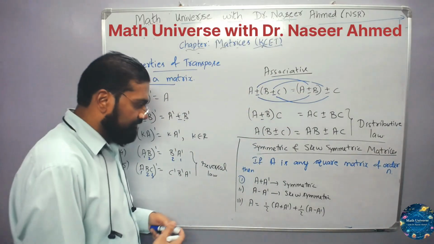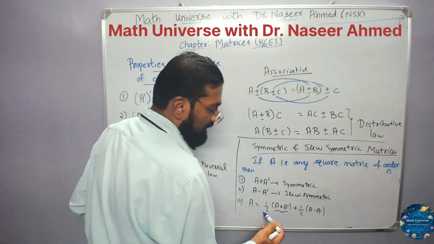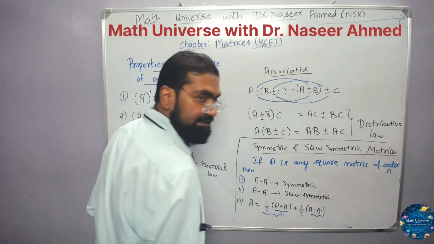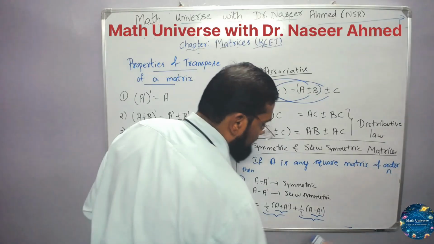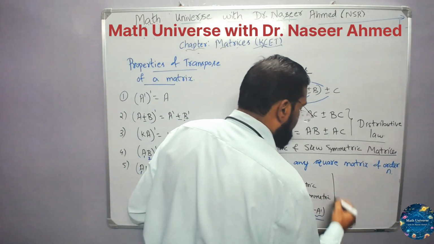And from this, one more thing we can understand is A plus A transpose is symmetric. When I multiply by half, again it is symmetric. A minus A transpose is skew symmetric. Again, when I multiply by half, it is again skew symmetric. From here, what we can understand is